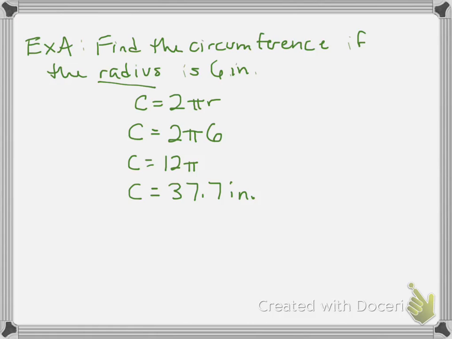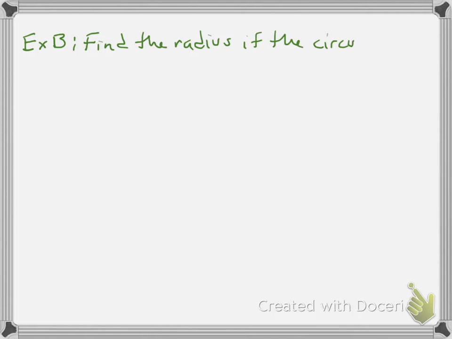So now we're going to go backwards, where I'm going to give you the circumference, and you guys are going to find either the radius or the diameter. So example B. Let's say find the radius, if the circumference is 31